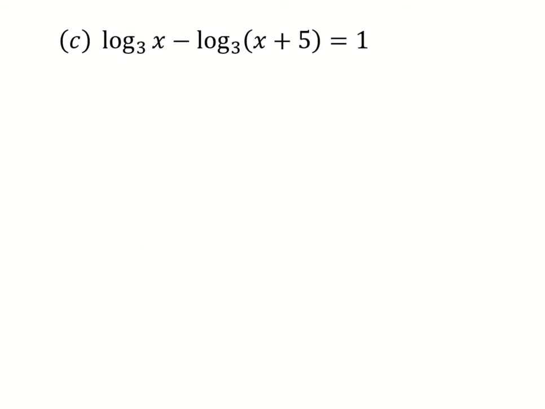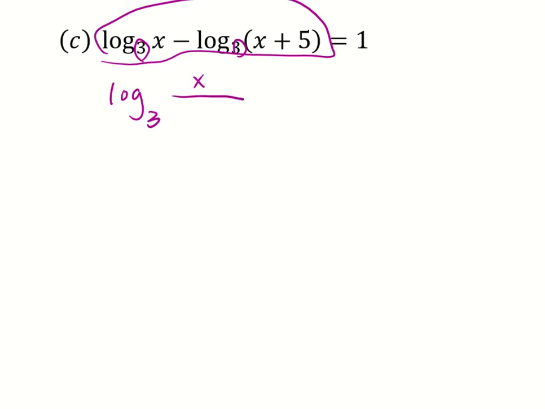Now let's look at problem C. Okay, so in this problem, on the left side, we have 2 logs, and it's subtraction in the middle. Again, we're going to write the left side as 1 log first, using the quotient rule, because it's subtraction. So you will have log, since both of the logs have base 3, so it's log with base 3 as our single log. And the argument part is the quotient of the 2 arguments